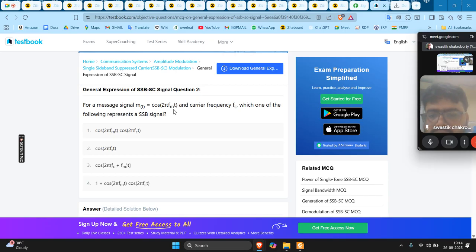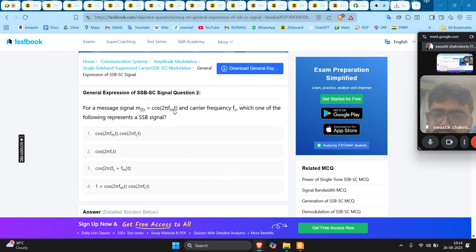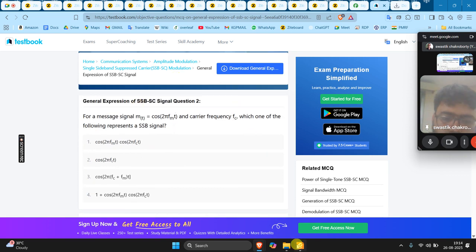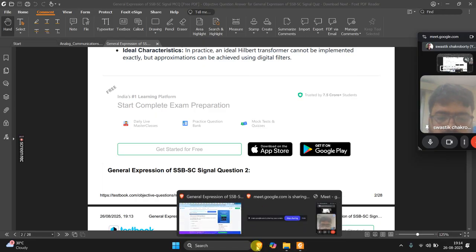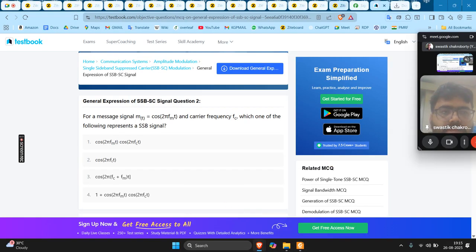So here you have the message signal and you have a carrier frequency. What is the SSB signal? Let's derive that. m(t) is given to be